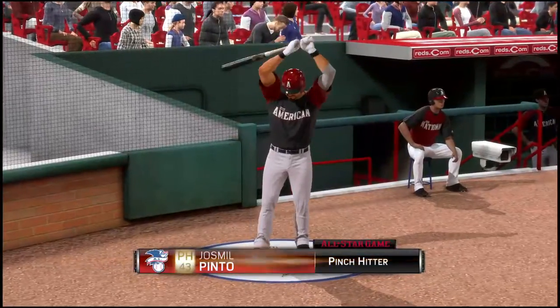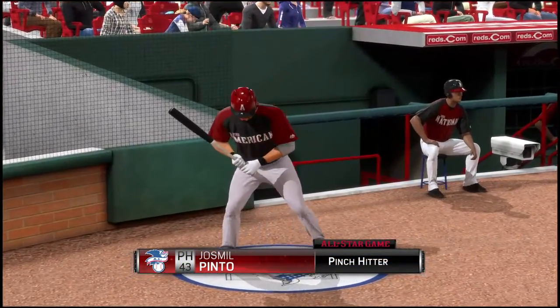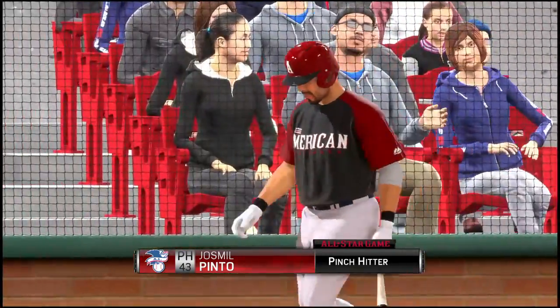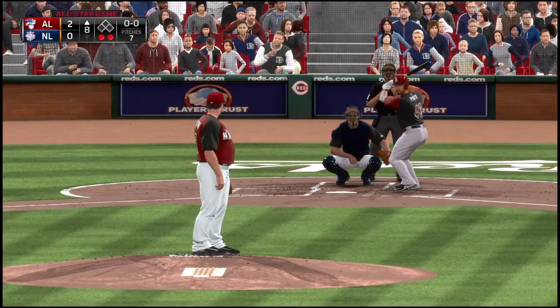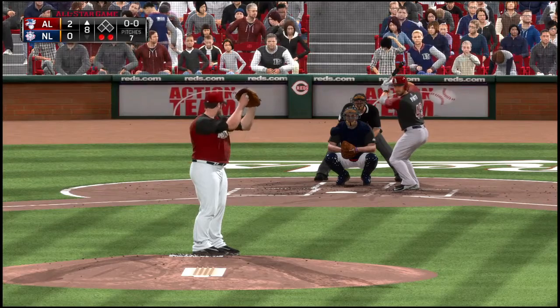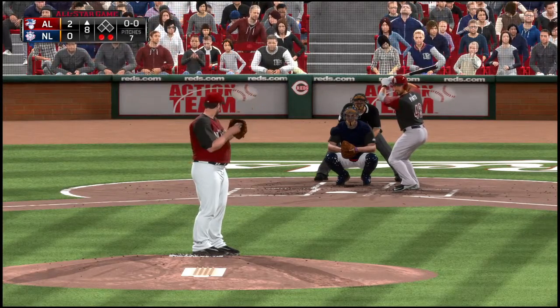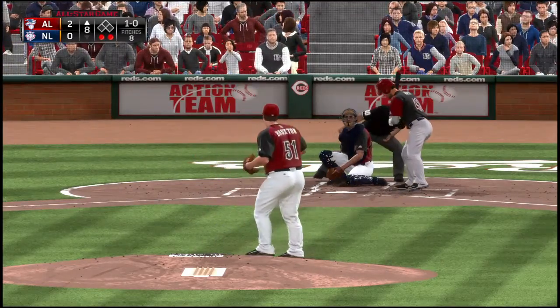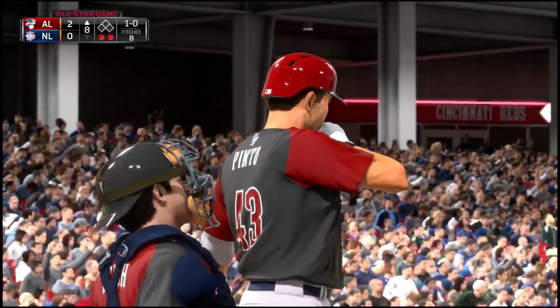Josmil Pinto will get the call to pinch hit here as we'll see what he can do with 2 out and the bases empty. Josmil Pinto. And here's a slider that's nowhere close, and it's 1-0.